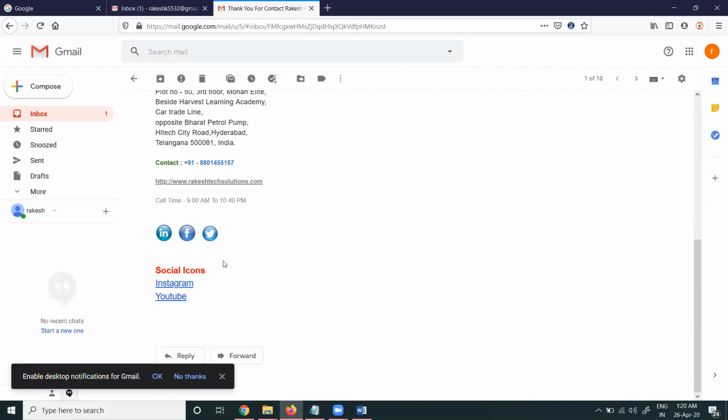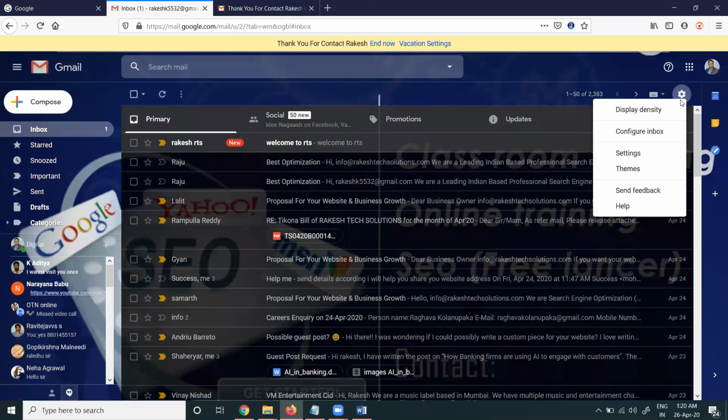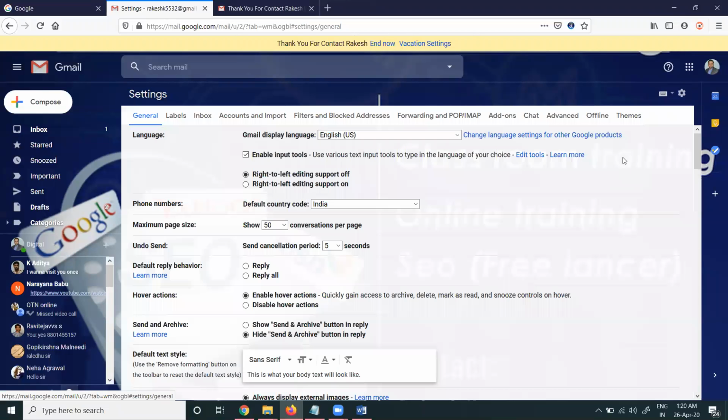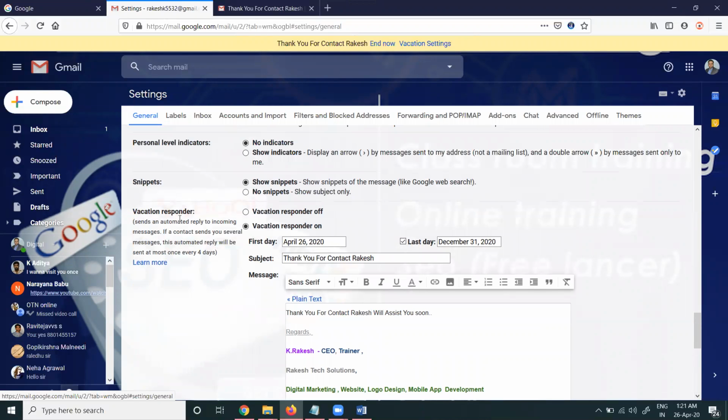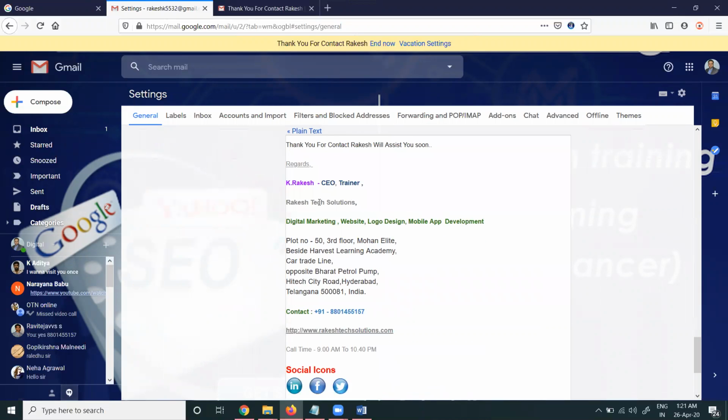So this is how we enable the auto reply message from Gmail access to engage the audience and increase your response to the customers. They will be happy with you for the more assistance. So, a simple step, I once again repeat: go to Settings, and the setting option. Always remember the name is Vacation responder, which is always on. When you turn it off, the auto reply will not work for any Gmail users. So this is very important.